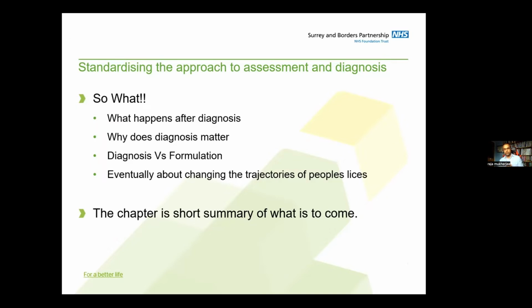And we know that NICE quality standard 5 says you have to have a multidisciplinary plan to help support that individual going forwards. And if you can't understand it in its context and you take generic approaches, you're not going to understand that person. We also know that there are more interventions coming, and things down the line that will help with all of this. So what we start to do is address some of that. The chapter is a short introduction which sets the scene, and then the subsequent chapters in section 2 address more of that in more detail. They will come in some of these future book clubs as well.